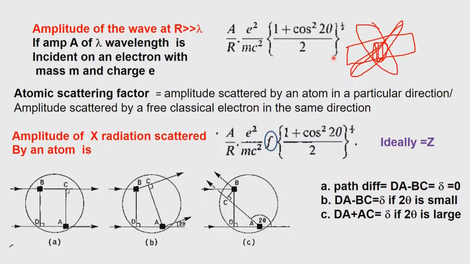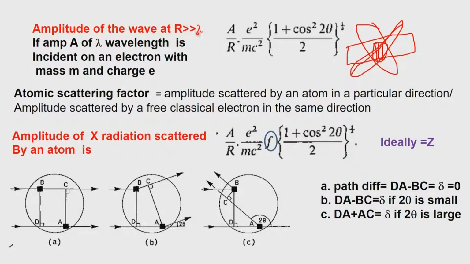So, you have an electron with a charge e and a mass m. Now, there is no one single electron, there are several electrons in the unit cell, right, associated with the molecule, atom position and so on. So, the charge is e and the mass is m. The amplitude A0, which we would like to have from the incident radiation, is already known to us. So, the incident X-ray radiation has an amplitude A0. It gets modified after scattering, and we observe this amplitude of the wave at a sufficiently large distance.